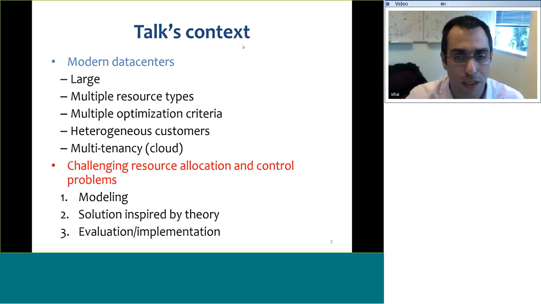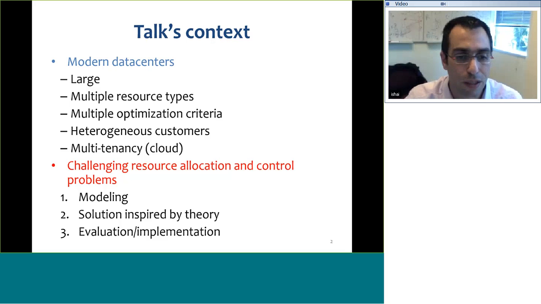Usually, and I'll give you some concrete examples today, when we want to optimize something, it's not a simple optimization criterion. There are always multiple considerations, and usually there's an interesting trade-off. You want to optimize something and you're actually hurting a different metric that is also important. Heterogeneous customers: some are big, some are small, some care about latency, some care about bandwidth, some care about other